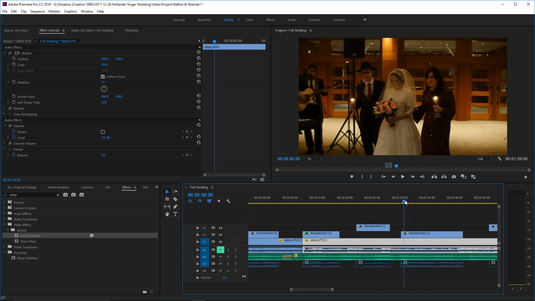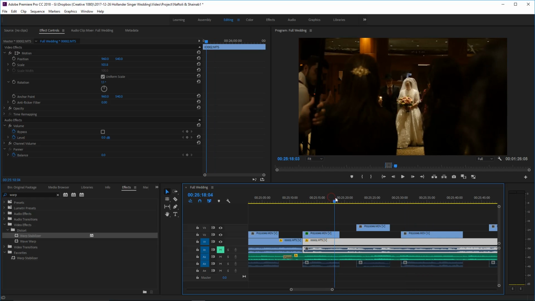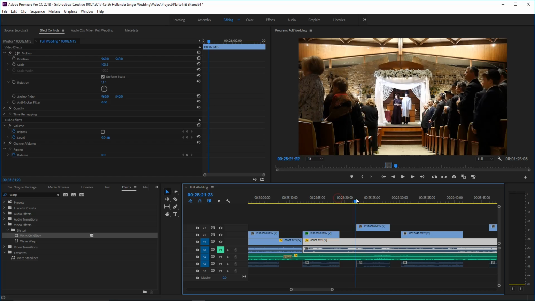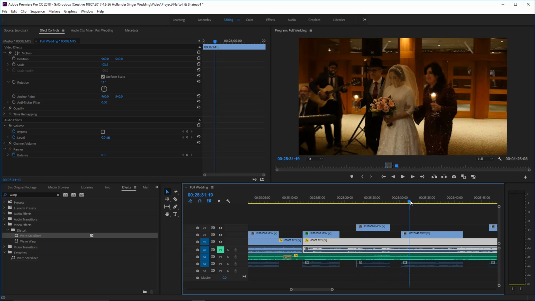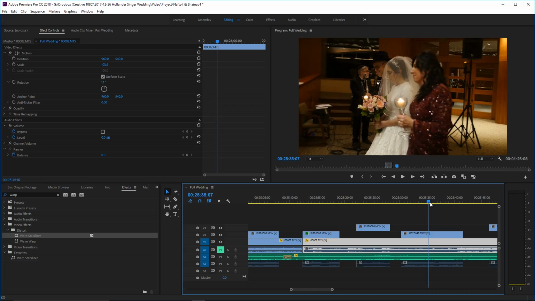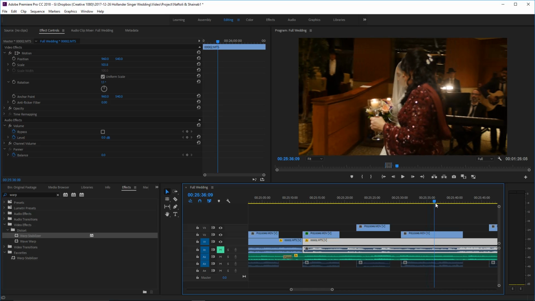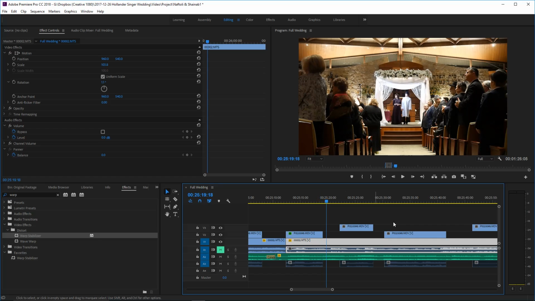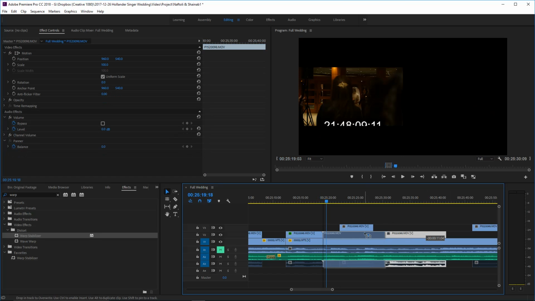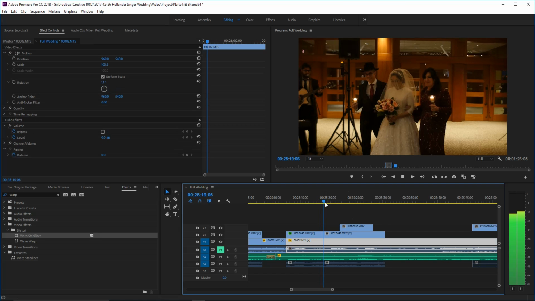The reveal. But I don't want it. Right over here, she's just coming out of the doors. And by the time this next clip starts, she's got to be a little further from the doors already.